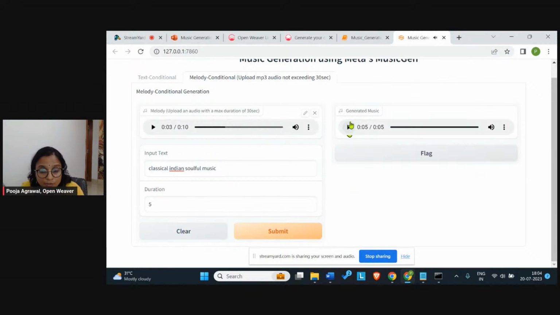Right? I would be happy to learn if you are able to check out this generated music which I just generated, and give your feedback as to how interesting this model could go, where you could generate anything, any melody of your own. So that's it from our session today, where we actually talked about how you could generate music